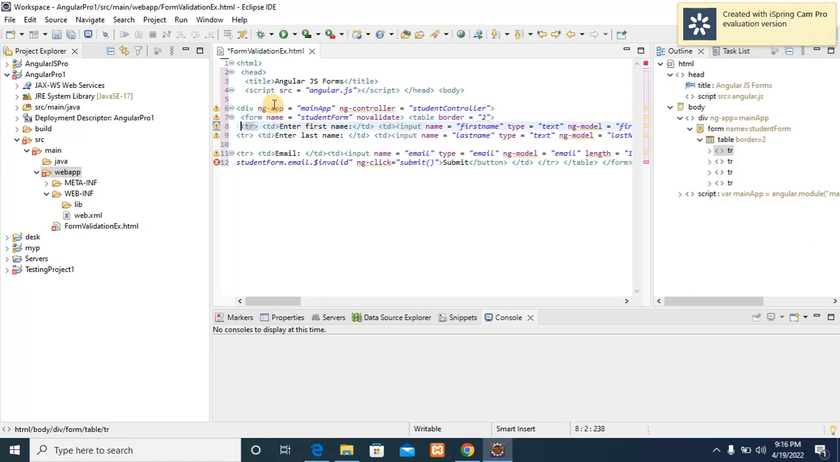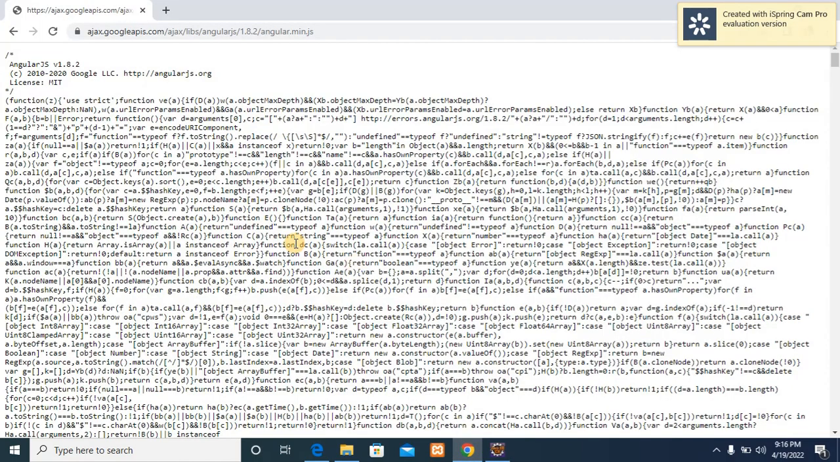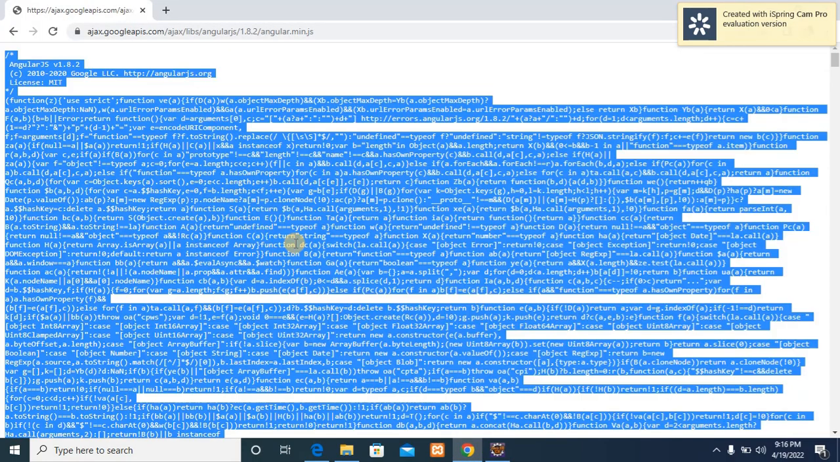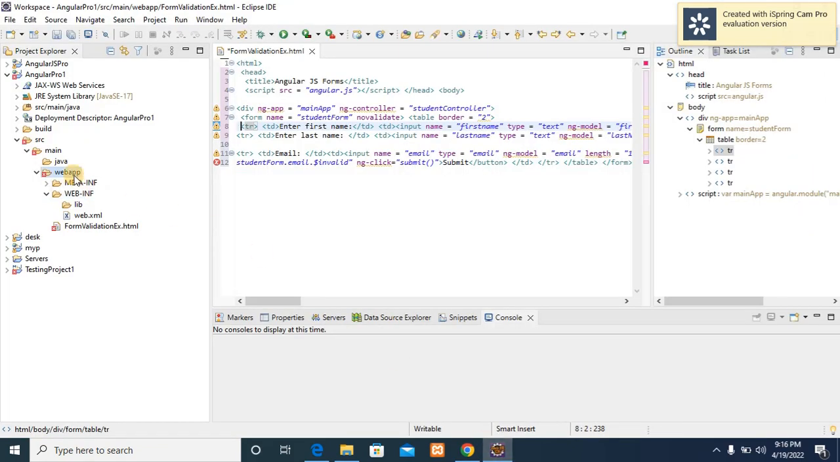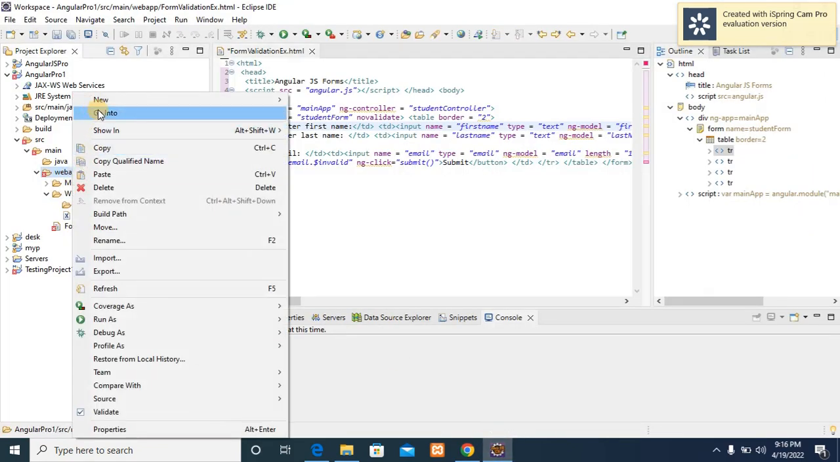So here you should have the code for this AngularJS. For that we have already opened it, right? Copy all the code, Control A, Control C. Now again here you can right click on this, new,